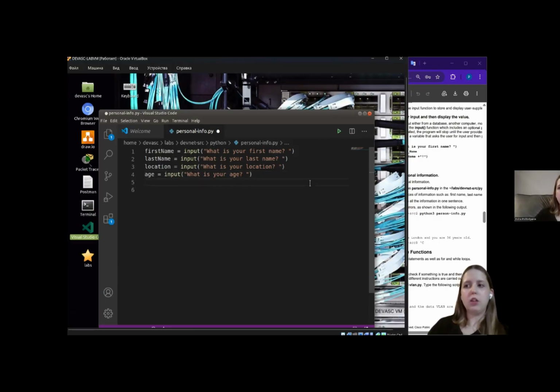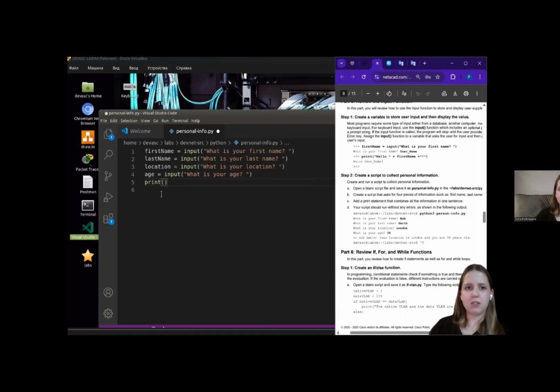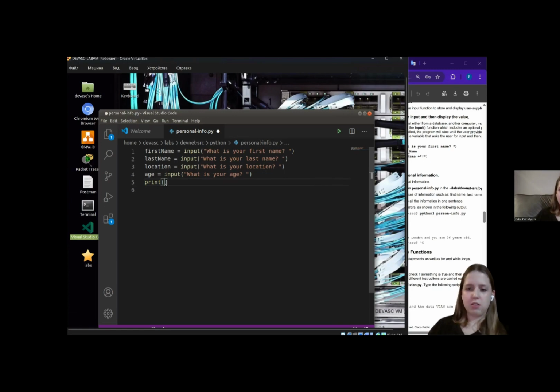And then we need to print all of it. Okay, let's go print. Oh my gosh. Okay, let's do it. I plus person plus first name plus space plus last name plus